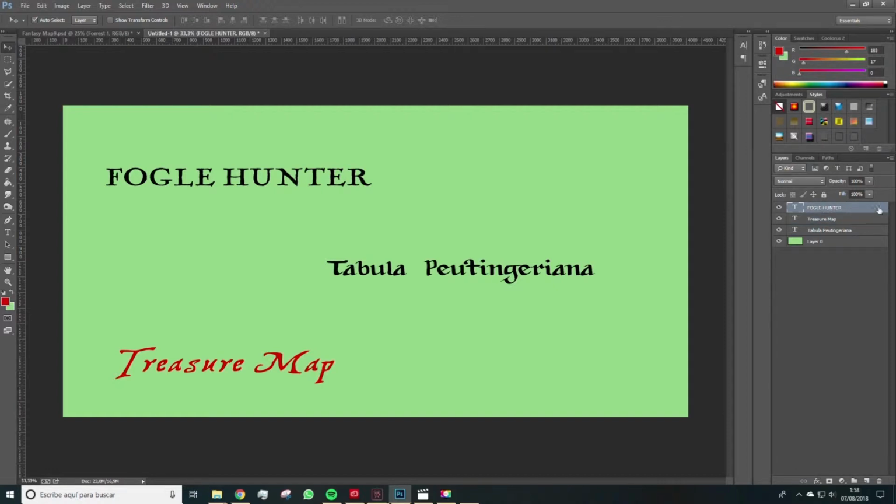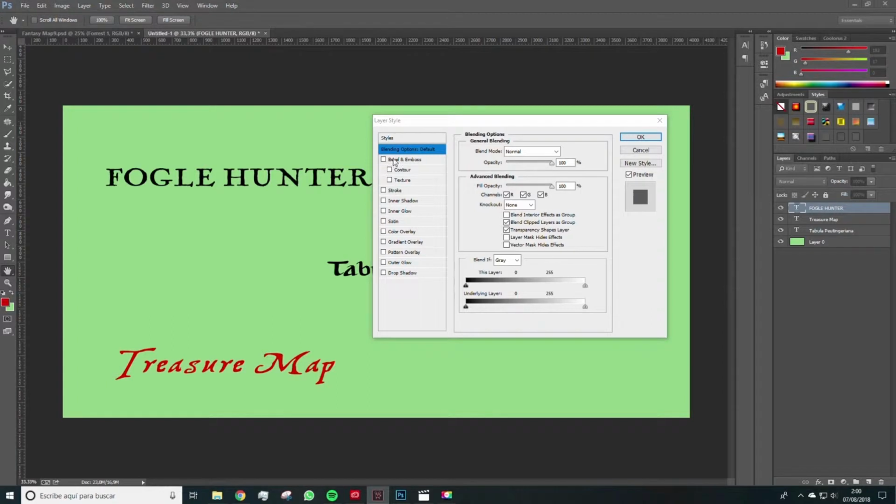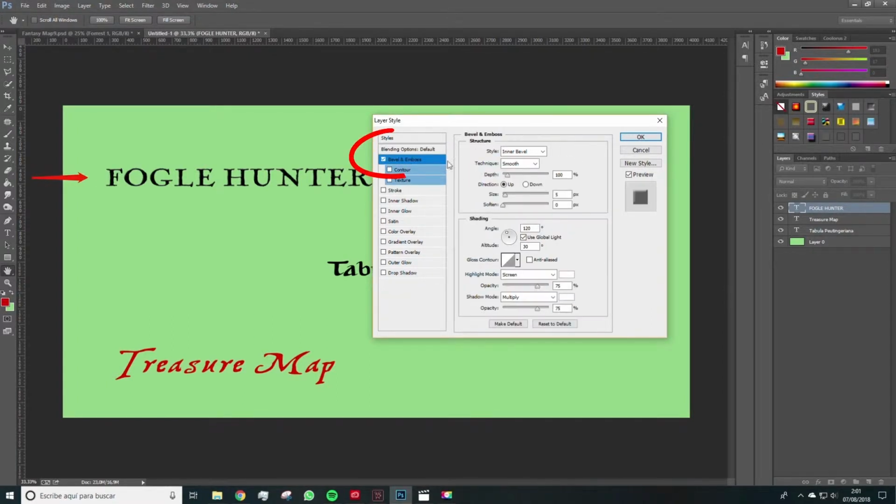Alright, so if we double click in the left side of the text layer, the layer style window will pop up. In this window, we can enable, for example, the level of bevel of the text. If we enter the menu under Style, as you see, we can choose among different styles of bevel in order to decorate the text one way or another. We can raise depth, for example,